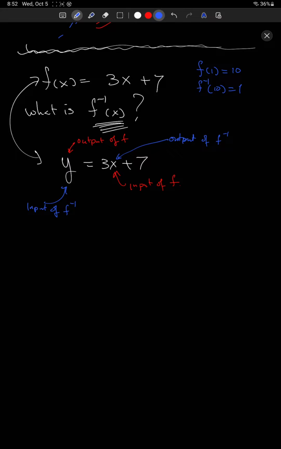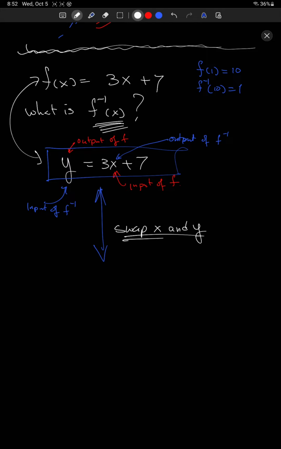So what we're going to do next is this formula here represents f, right? Y is the output, x is the input of f. So now I'm going to switch to the world of f inverse. I'm going to swap x and y. All right? So that's going to become x equals 3y plus 7. Now when I swap x and y, what that represents is now,